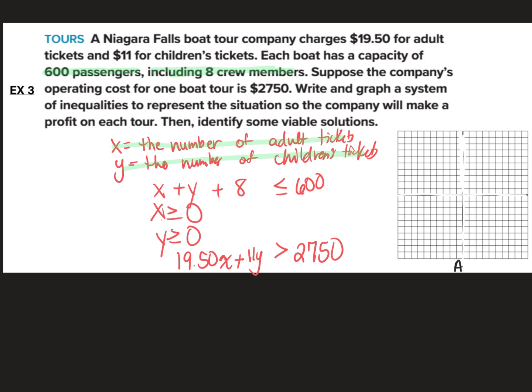So this will be adult tickets. And this will be children's tickets. And I'm going to go by 100s. Okay, so